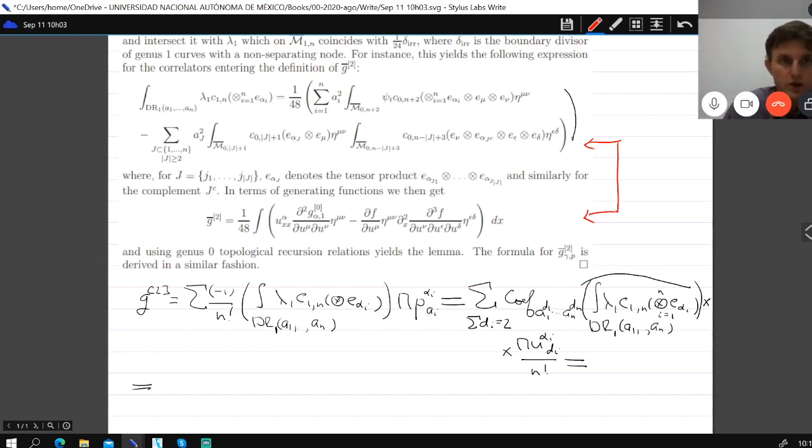So first we look at this term, at the first term, this one. So the coefficient of